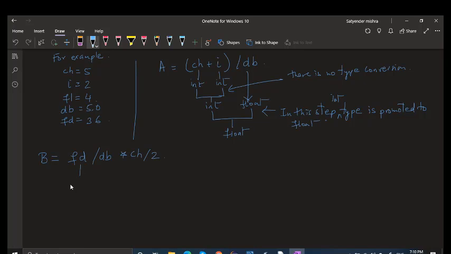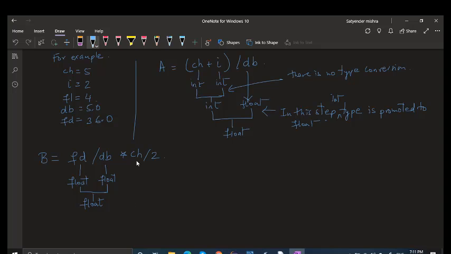FD is float, 36.0, and DB is also float. So first these two will evaluate and the result is also float. So there will be no type conversion happening over here, right?